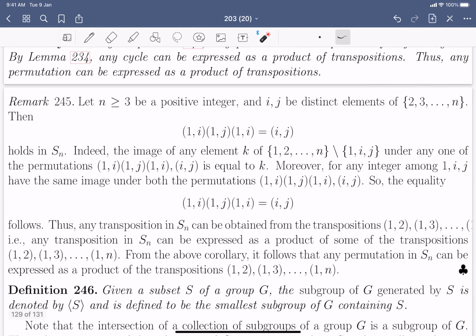From this equality we have established that any transposition i comma j, where i and j are greater than or equal to 2, can be expressed as a product of transpositions of the form 1 2, 1 3, 1 4, up to 1 n. And if one of these two entries i and j is less than 2, that is, one of them is 1, then